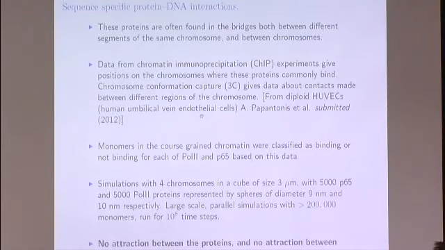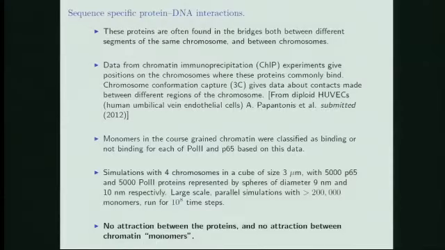Okay, so these proteins are often found in the bridges between different segments of the same chromosome and between chromosomes, and we use data from ChIP experiments to find positions on the chromosomes where these proteins commonly bind, and also 3C experiments give data about contacts between different parts of the chromosomes. This is data from Peter Cook's lab in Oxford. And so in our simulations we identified monomers and classified them either as binding or non-binding for each of the